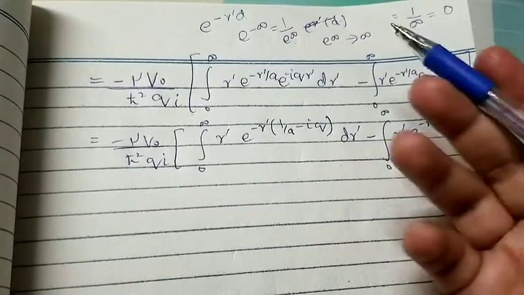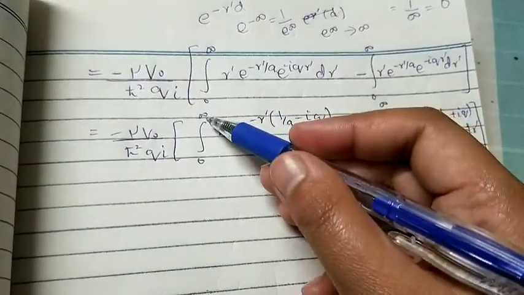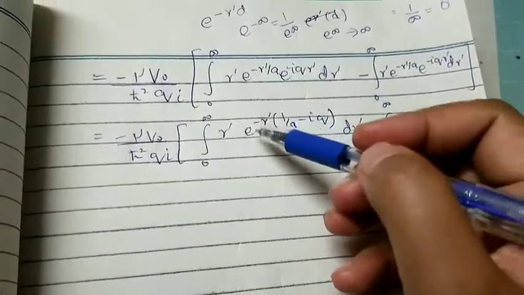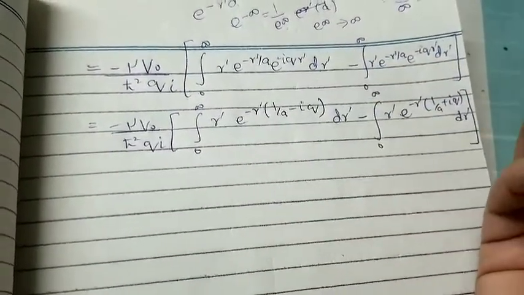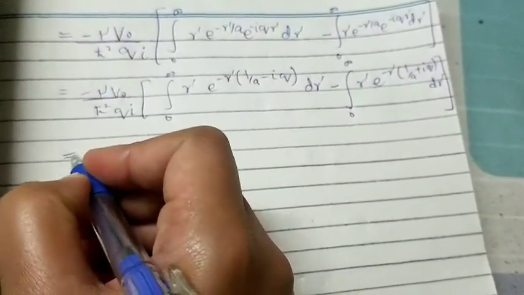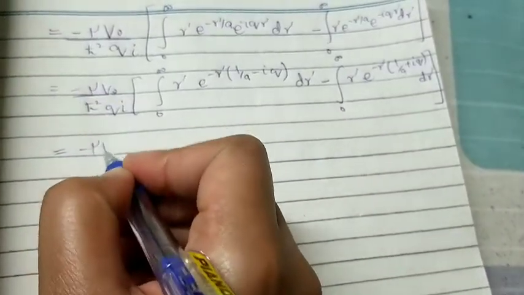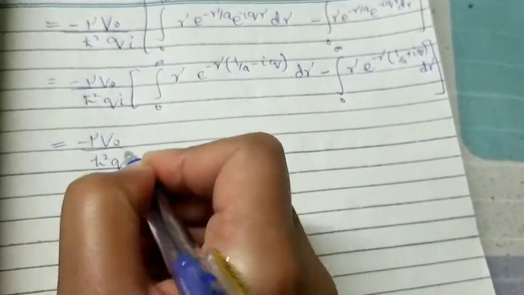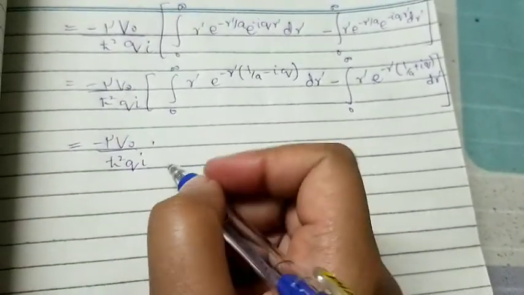If it would have been minus infinity to 0 limits of integration, then we would have taken r prime as common. So depending upon what kind of integral you are encountering, you will do these kinds of things to avoid problems in future. So here